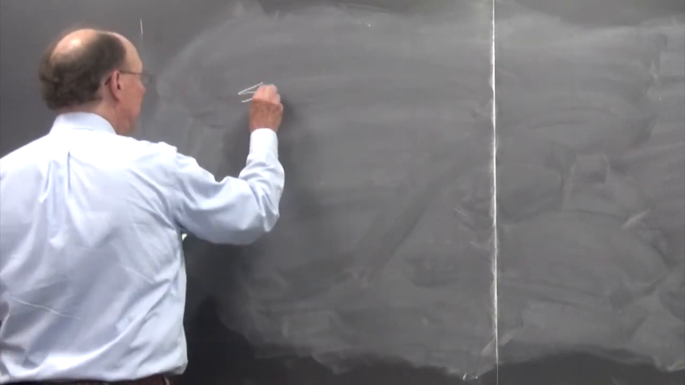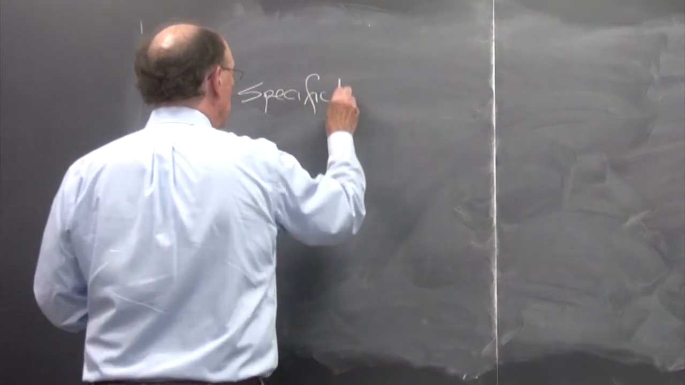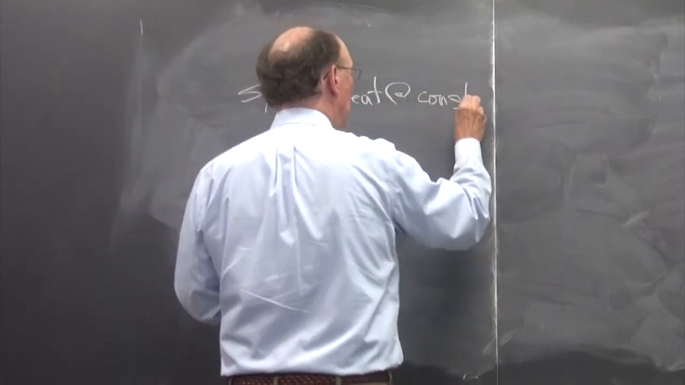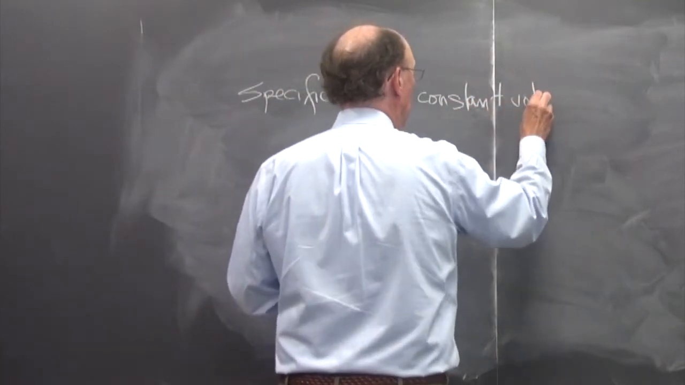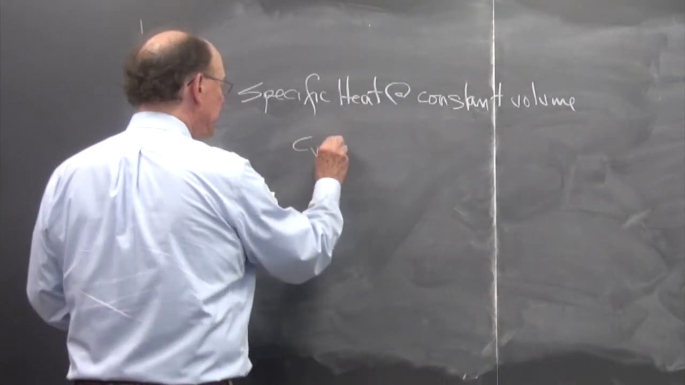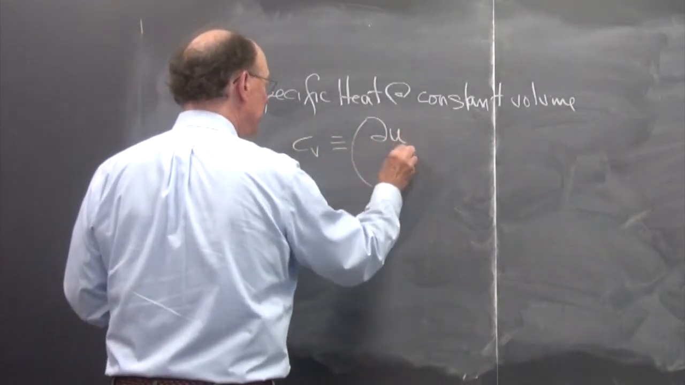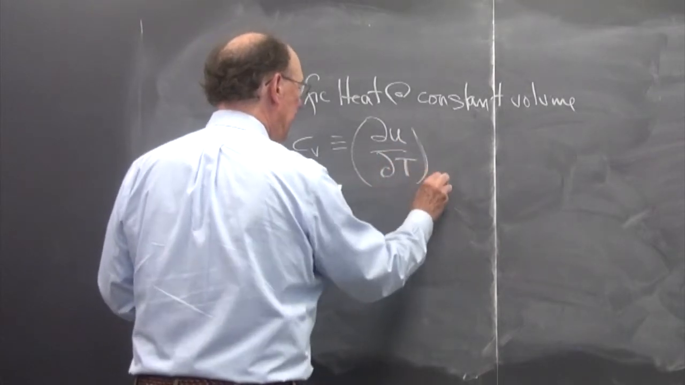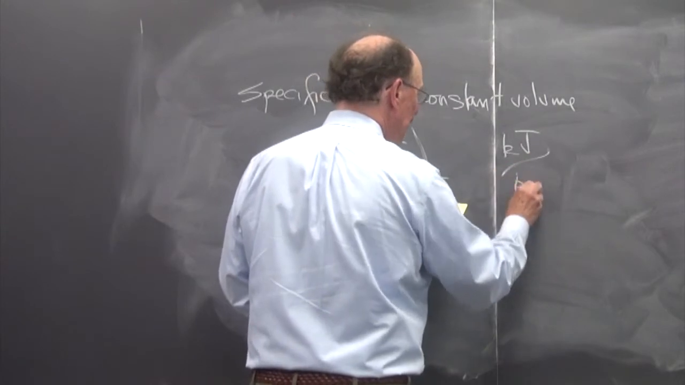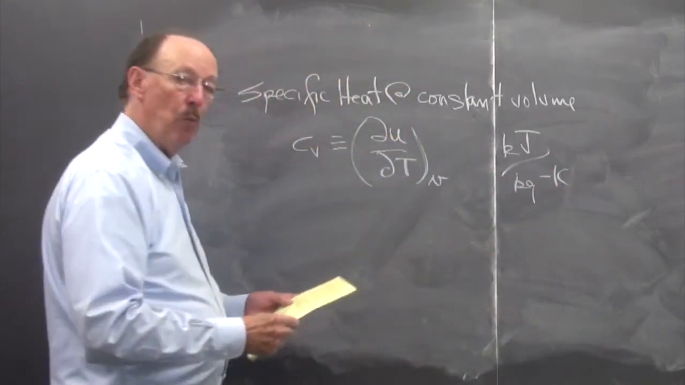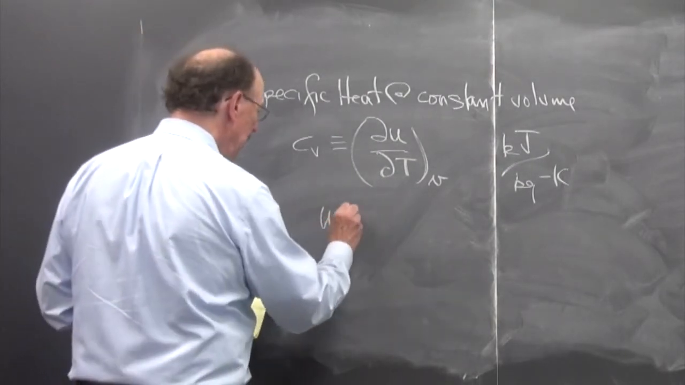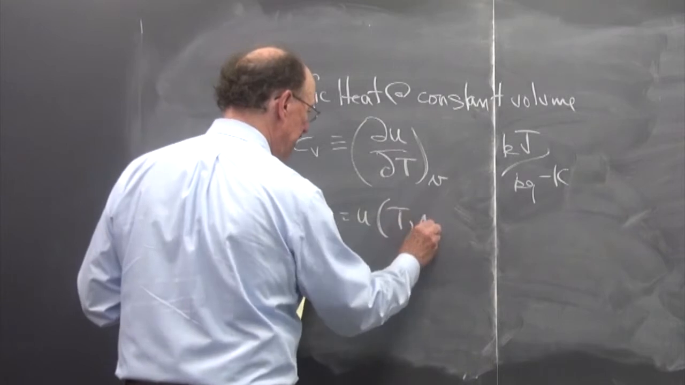So we have specific heat at constant volume. And so C sub v is defined as the change of internal energy with respect to temperature at constant specific volume, and the units are kilojoules per kilogram degree K. What this implies, mathematically, is that U is a function of temperature and specific volume, so